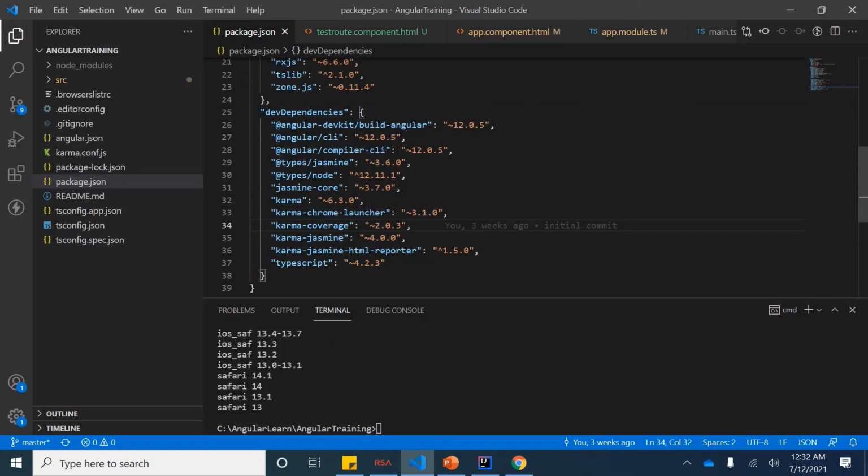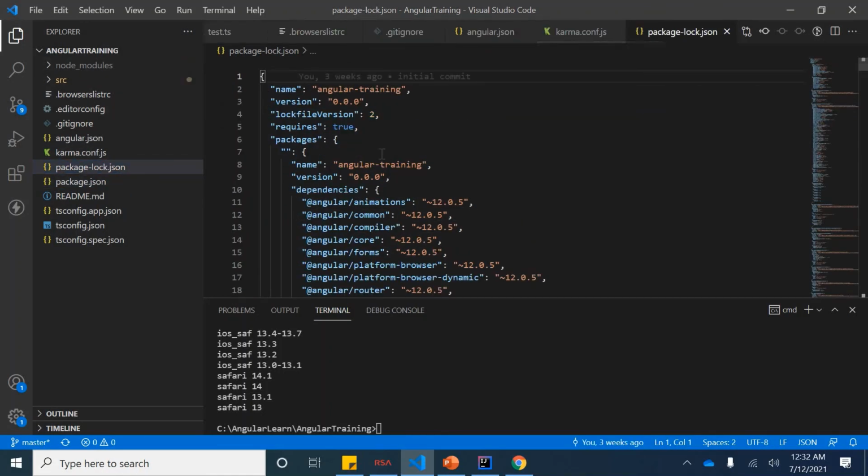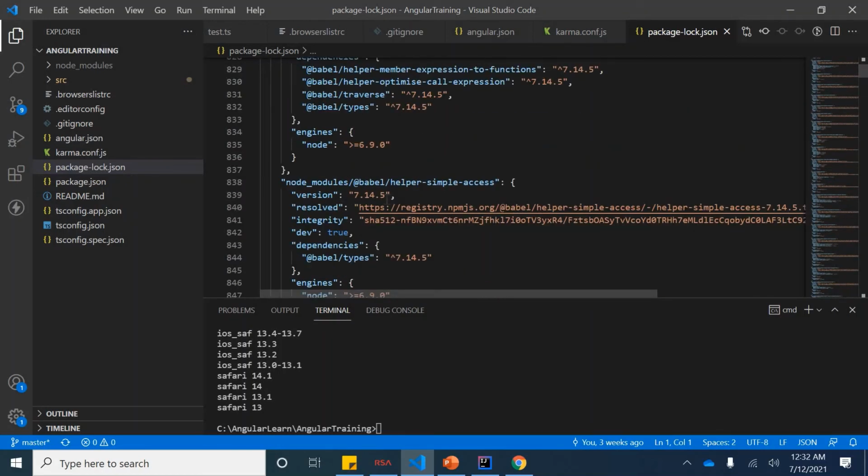So when you install, referring to the package.json, when you install the node dependencies, the exact versions which are being used would be stored in package-lock.json. You can see this Babel node module is having 7.14.5. The dependencies which can be used for this can be greater than 7.14.5, can be 7.15, but the exact version for this particular one should be 7.14.5.